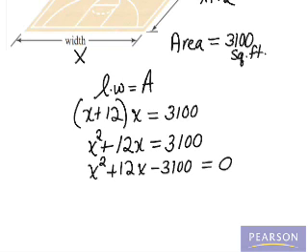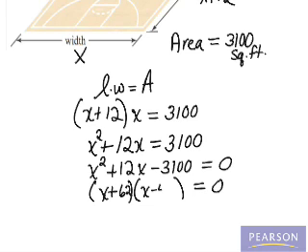We're now using the zero factor theorem, and we're factoring. So by some trial and error, we see that the factors are x plus 62 and x minus 50. We're now going to proceed to come up with values for x. So going to the next page,